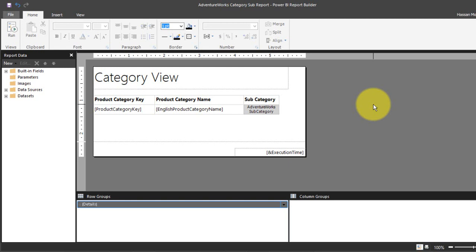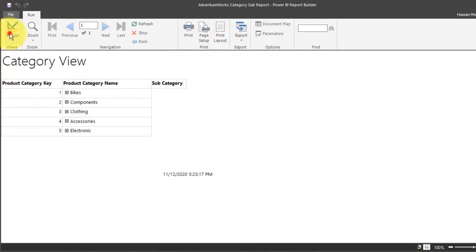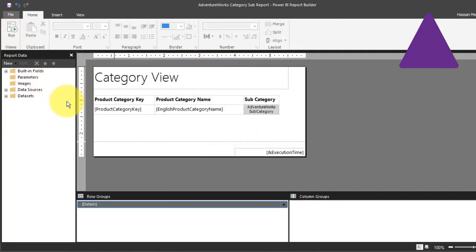This is a paginated report of the category, and if you run this one, the category shows up here. I made a video about how you can create this report and publish it into Power BI service. At that time I didn't have the Premium Per User license, so it was incomplete to publish the report. Now that I have activated the Power BI Premium Per User license, I can publish this report into Power BI service. I also made a video about how you can activate the Power BI Premium Per User license. If you haven't seen that, click on the link given on top of your screen.